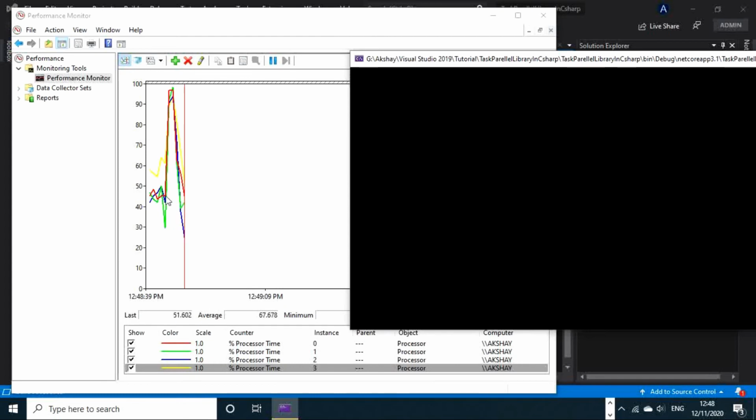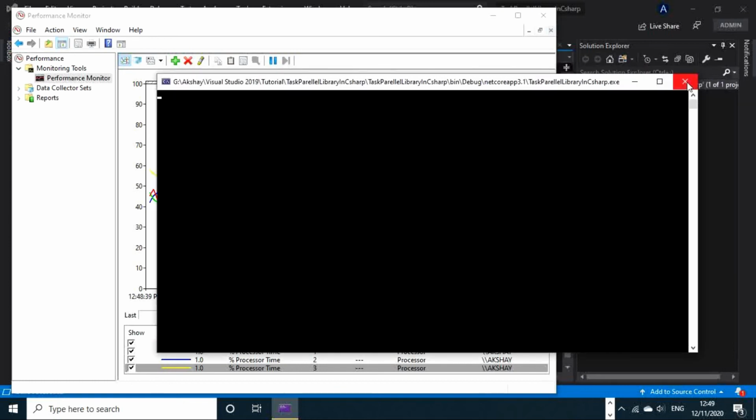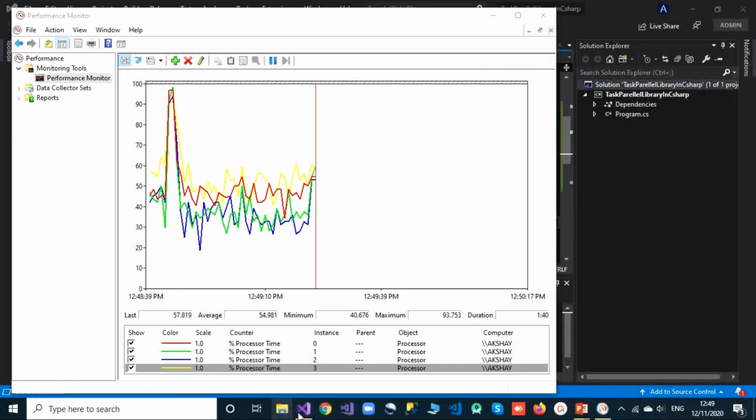Okay, so as you can see, these processors are using their capability to the fullest. Okay, so this is the peak line. While this method is still performing here, you can see this processor has reached its peak point. So as you can see here, all these 4 processors have used their fullest capability here. And for some reason it is not showing that result again here. So let me close that again, and I will run that again here.